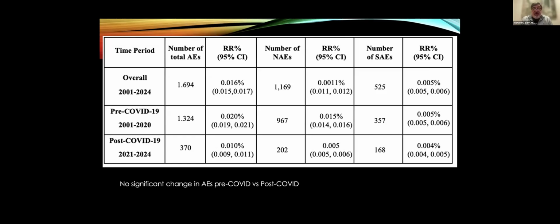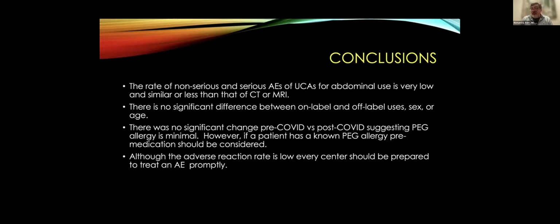But again, you can see here that the relative rate of reactions was very similar. And the number of AEs was very, very similar. So pre-COVID versus COVID, there was no statistical difference in the number of AEs or severe AEs. So we don't think that there has been a significant increase or change in the adverse events after the administration of COVID. So to conclude, the rate of non-serious and serious AEs of ultrasound contrast for abdominal use is very